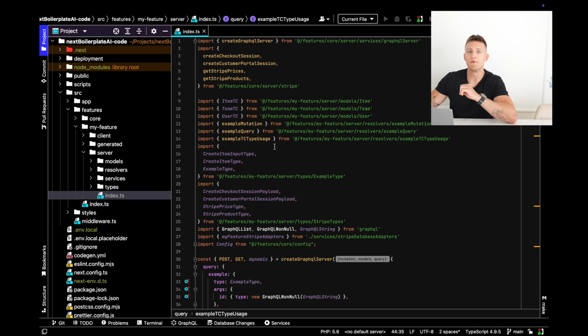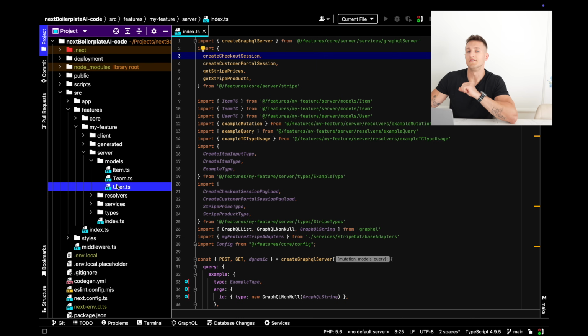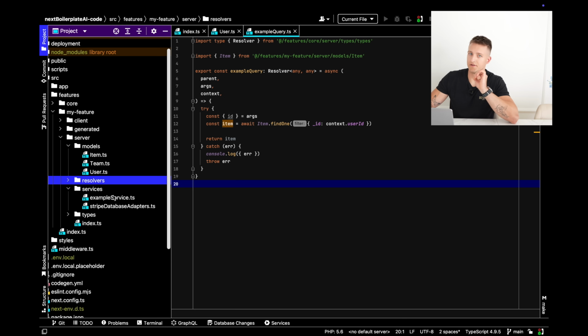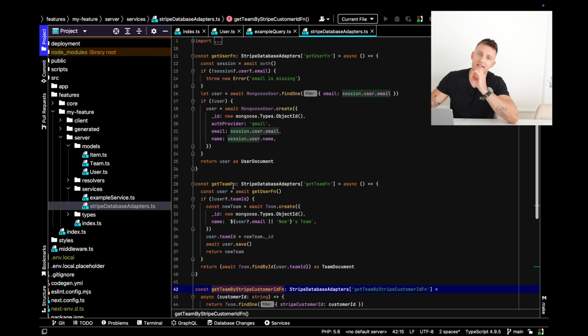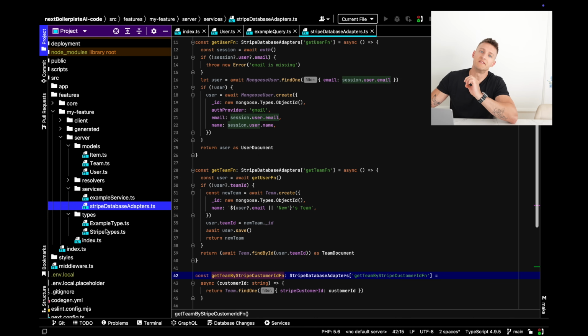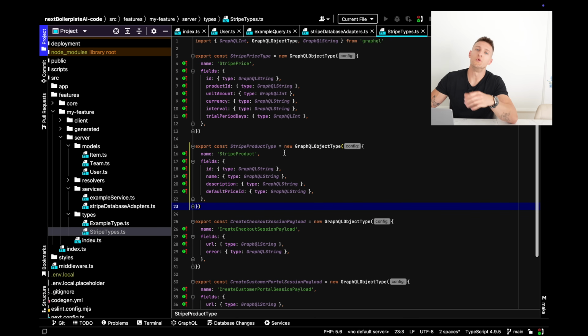It pulls the modules from core, so you're not reinventing the wheel. Inside, database models, API resolvers, and services for custom backend logic. Defining exactly how your API works. What you saw earlier is built within this directory. Just rename MyFeature with one prompt and you're ready to launch your next app.